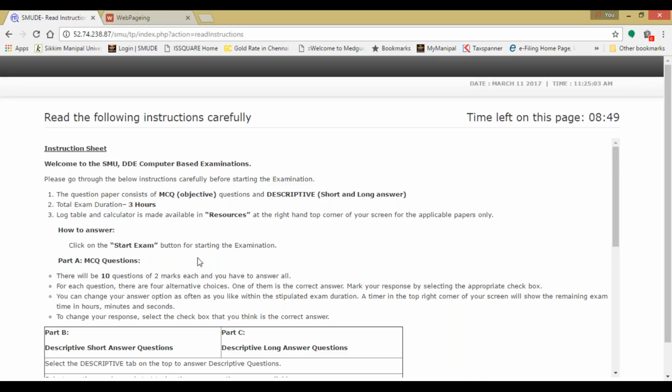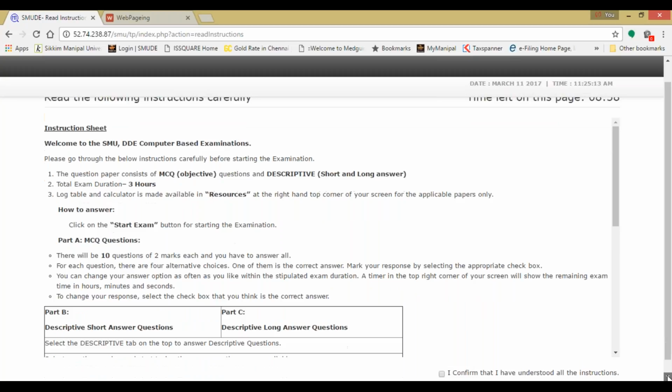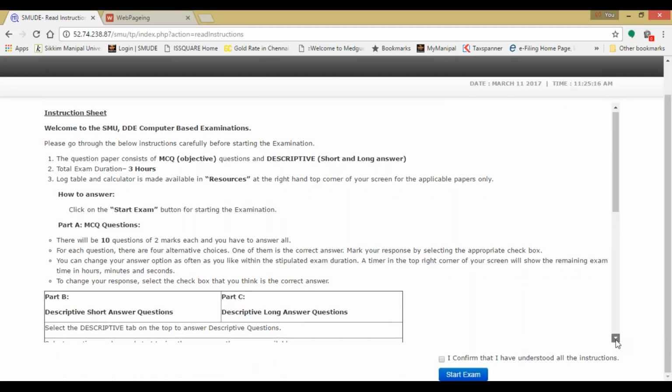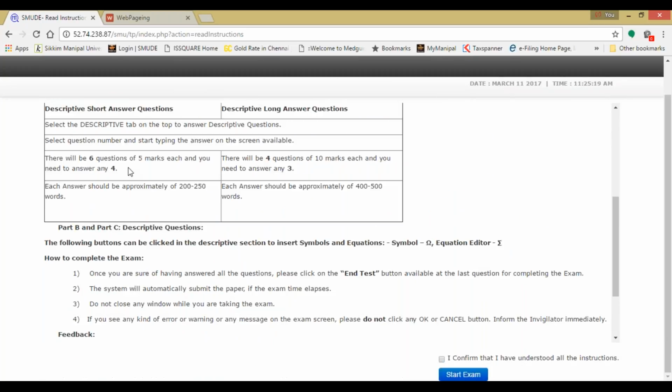So the first block of instructions talks about how your question paper appears, consisting of both MCQ and descriptive questions, and the table given below talks about the number of questions you have to attend. If you look at the short answer, there will be 6 questions available and you are requested to write 4 out of them. And when you look at the long answer, there will be 4 questions available and you are requested to write 3 questions, right? And